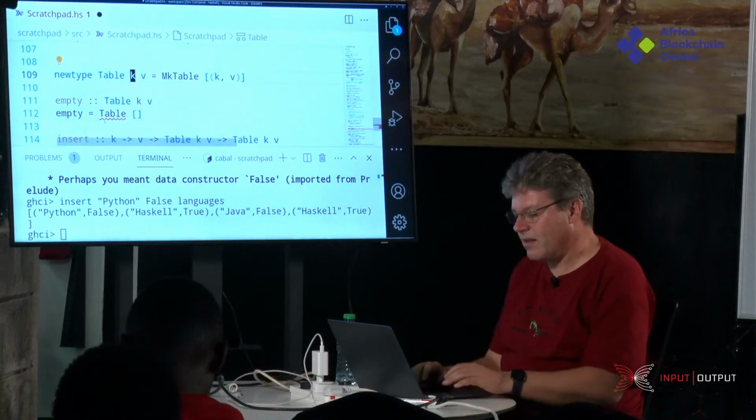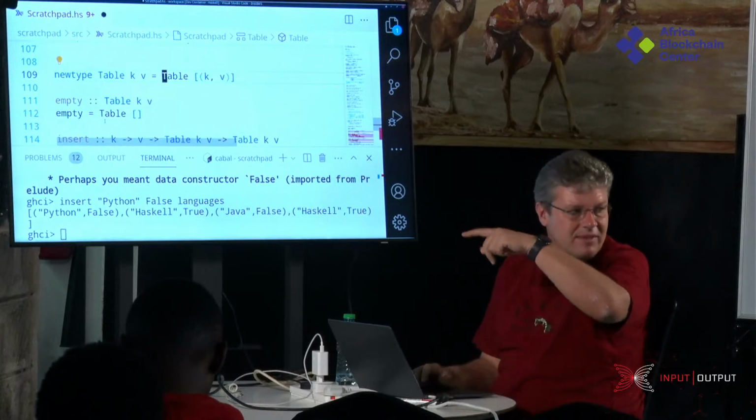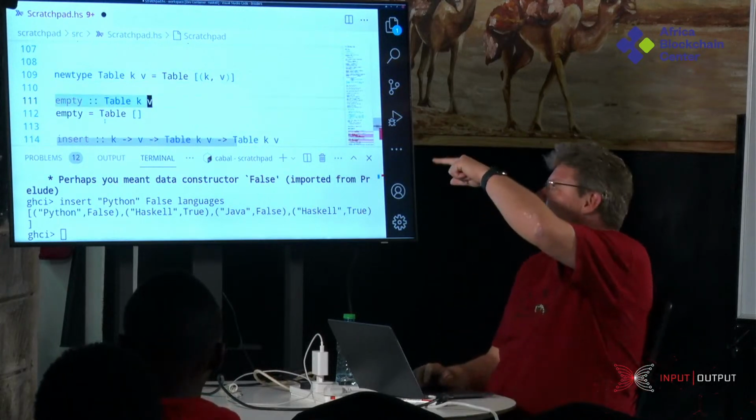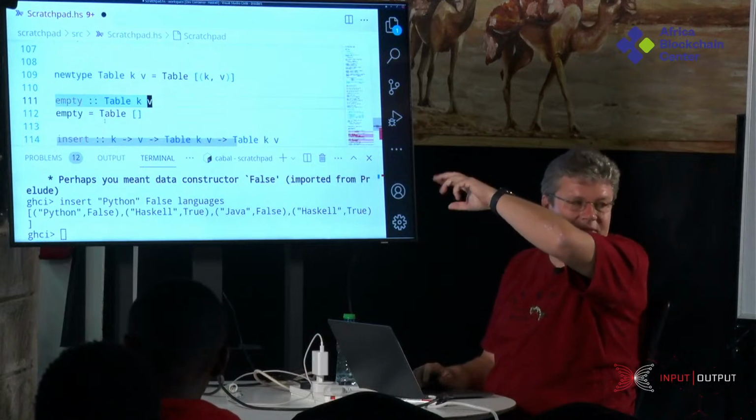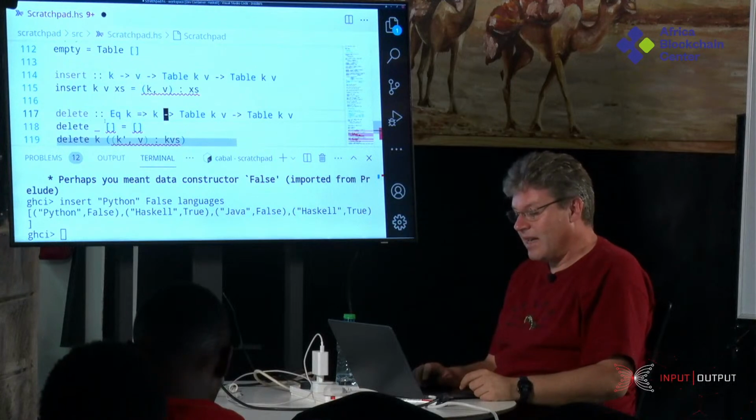And I called it, I'm not sure. Let me call it table, but please remember it doesn't have to be the same name. So I renamed the constructor to table, but you can name it whatever you like, but it must be capital. Okay, and now here,